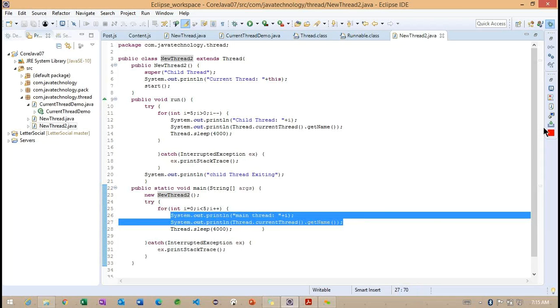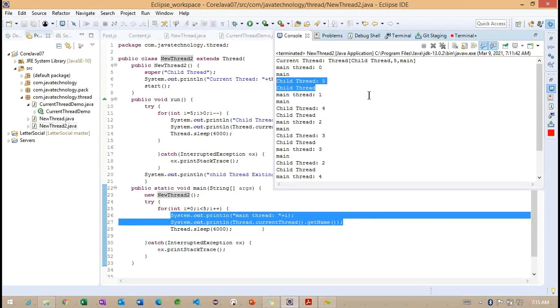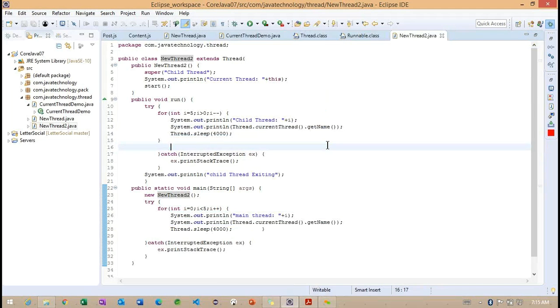So this is the concurrent operation working internally. There is no relation between the main thread and the child thread. So you can see the main thread as well as the child thread. Getting the point? This is the way the two threads are executing in parallel.